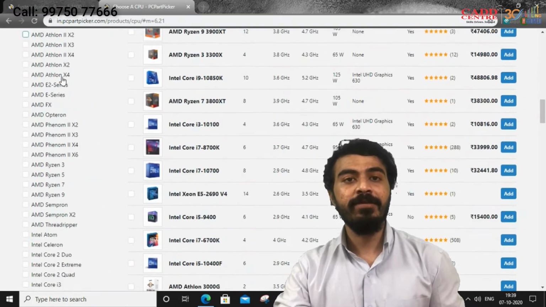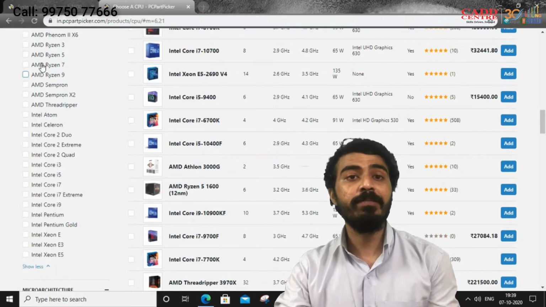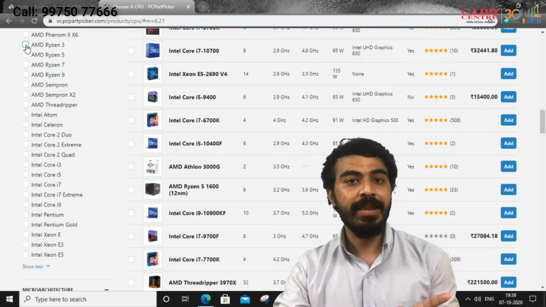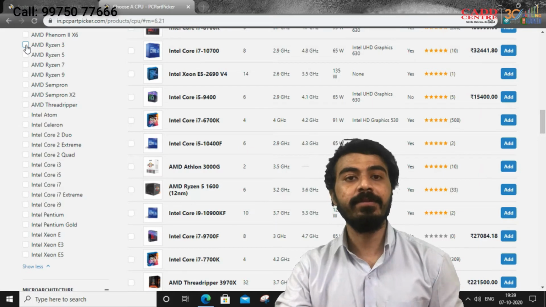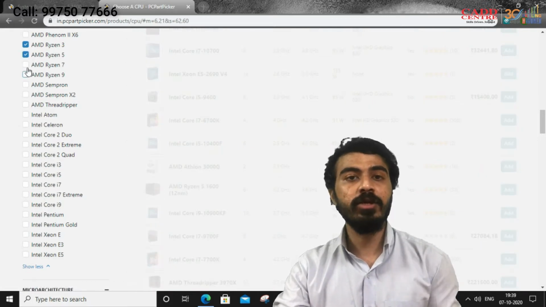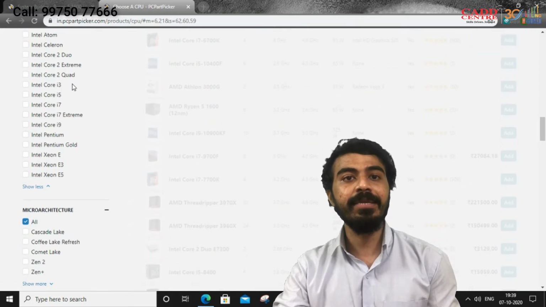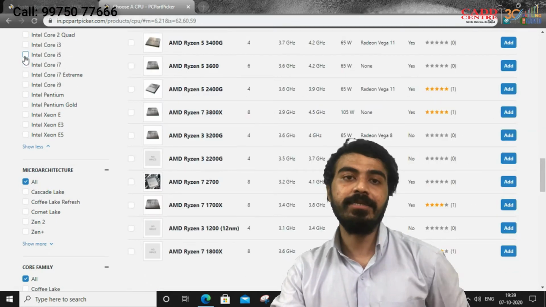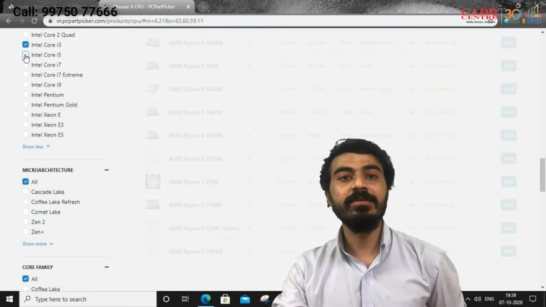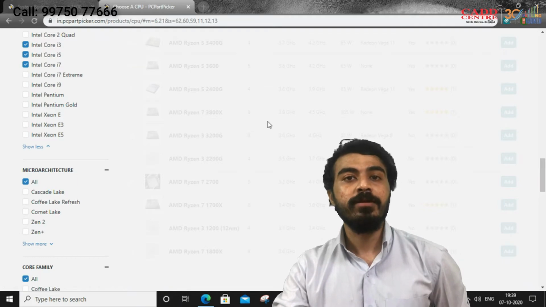In AMD we are preferring Ryzen 3, Ryzen 5 and Ryzen 7, and in Intel we are going to choose between i3, i5 and i7. Let's see the difference between these cores.